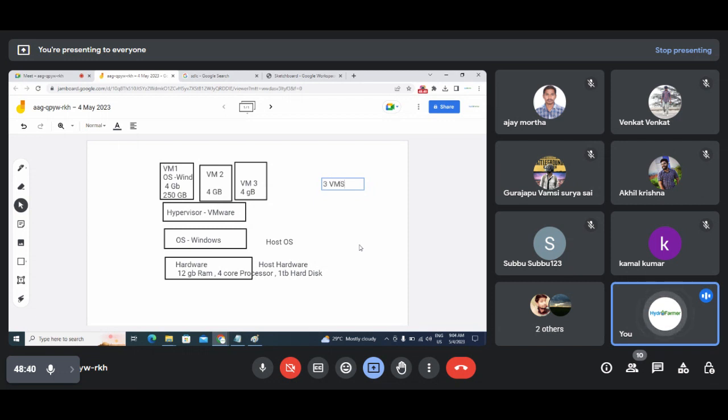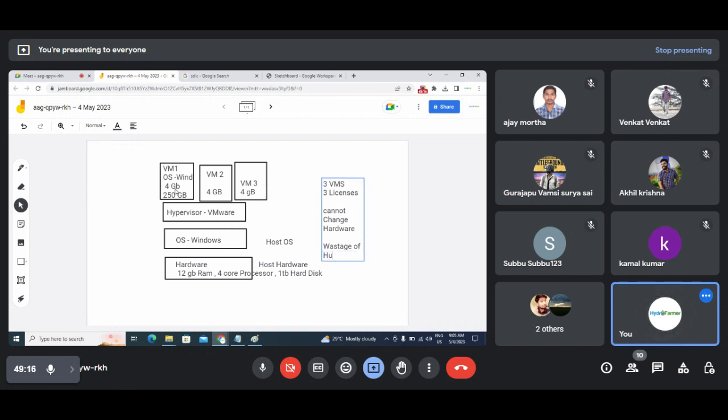As you know, for installing this Windows server, we need to buy licenses. So again we need to purchase three Windows licenses, which will cost you some X amount. So this is again a problem, and also we cannot change hardware. Once you are giving 4 GB, that 4 GB is fixed. And again, wastage of